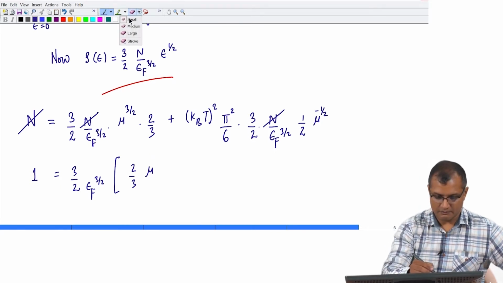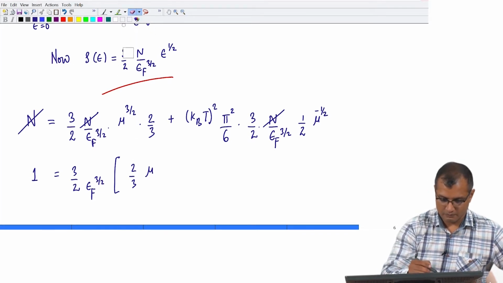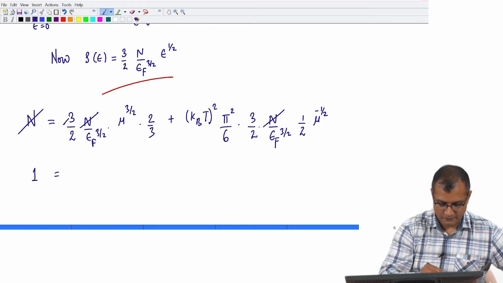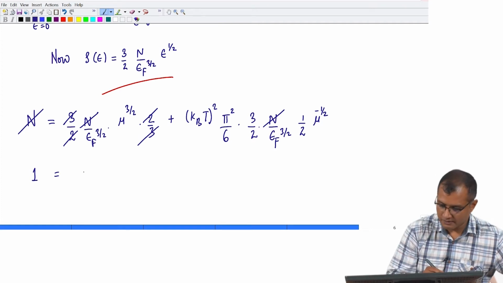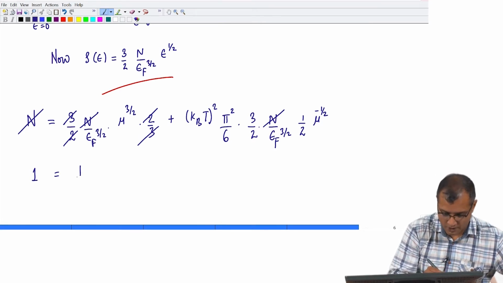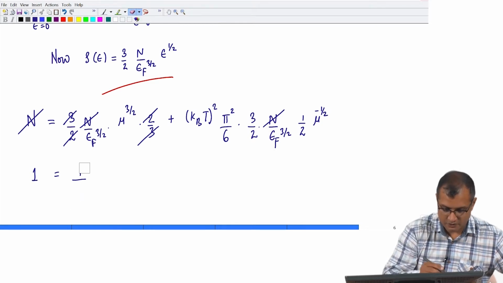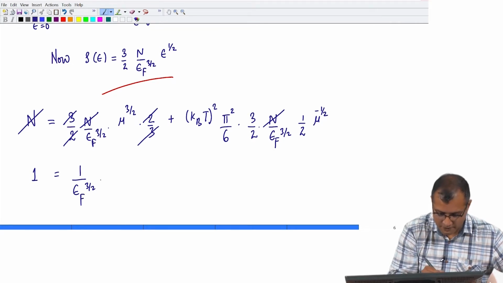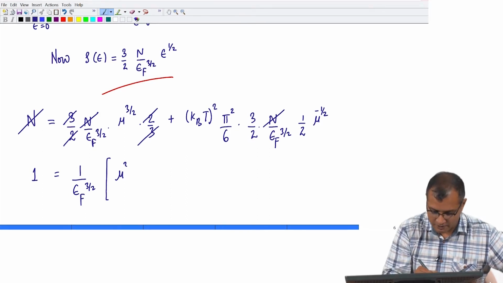In fact, you can do one more thing: knock off this also, and simply take 1 upon the Fermi energy to the power 3 by 2 common, and what you will be left with is mu to the power 3 by 2